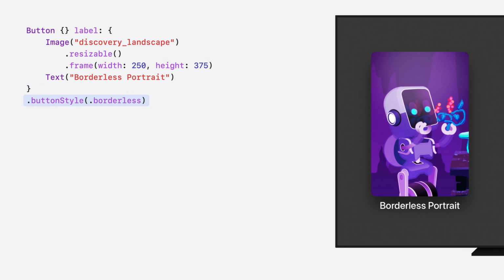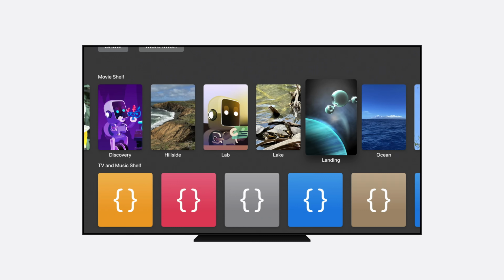This code also works as is on other platforms, with the appropriate platform-specific interaction mechanics. Now that we have our basic content lockup, we can move on to create our shelves. Let's revisit the standard appearance of a content shelf to determine what we want to implement. Our content should flow horizontally and should align itself with the safe area bounds of the screen. This will keep it nicely in line with its surroundings.